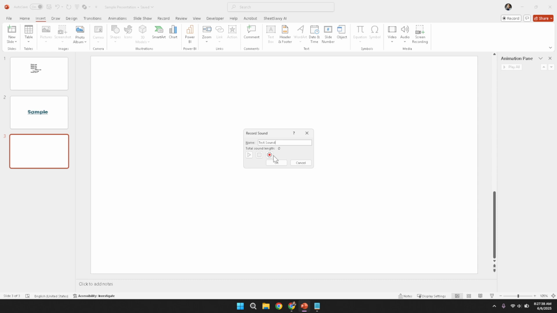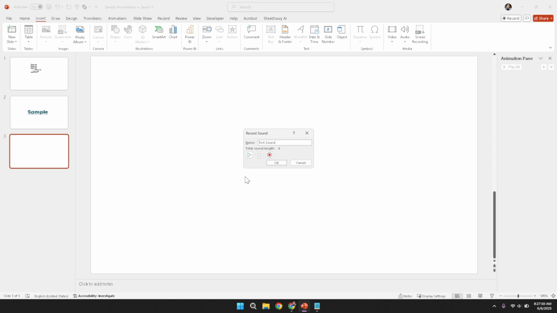As you speak, ensure that your microphone is set up properly and that your environment is quiet in order to produce a clear recording. When you have finished speaking your portion of the presentation, it is important to stop the recording. This is achieved by pressing the stop button available in the audio recording window. The stopping of the recording finalizes the audio clip, meaning that no unwanted sounds or pauses will be captured beyond